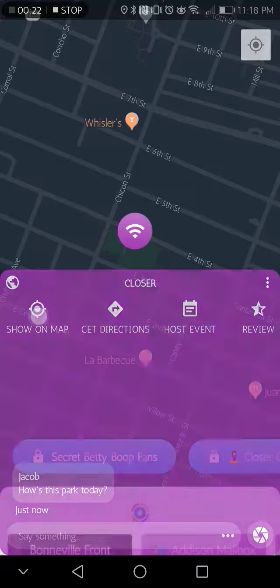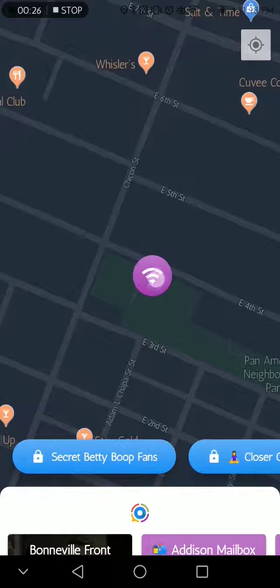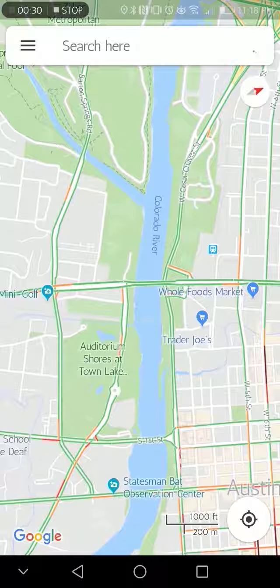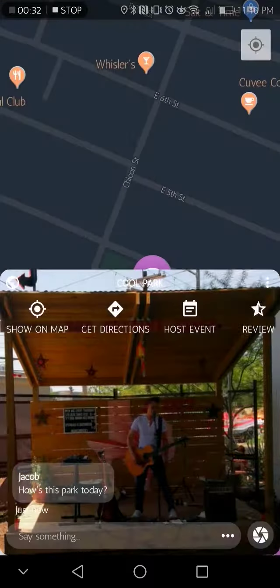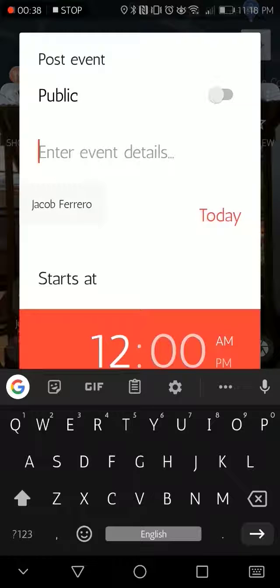We can show it on the map. It'll just give you the location of that group. We can also get directions, and that'll launch Google Maps. We can host an event. Let's say it's going to be a private event,